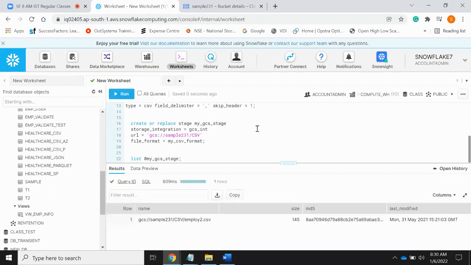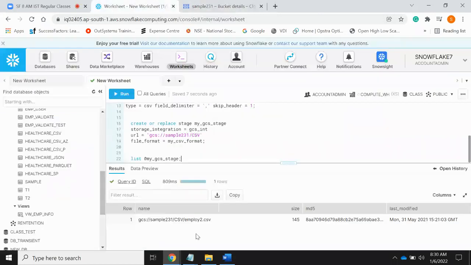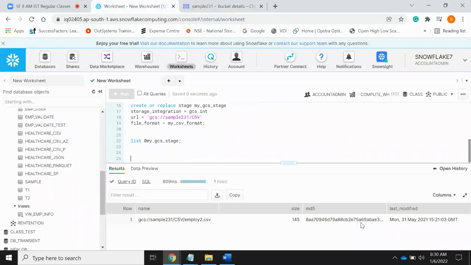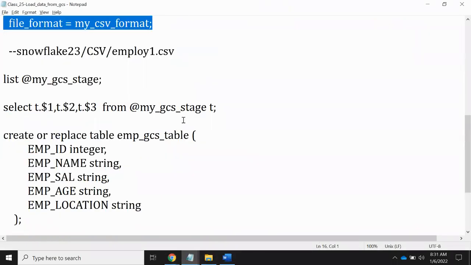The file is available, but when you observe this one, the last modified shows that it was uploaded long back. This is the external stage, right? It accesses the stage area and you can see the file. But the issue is that you need to copy it after that, right? When you try to copy, it will not allow you. Because